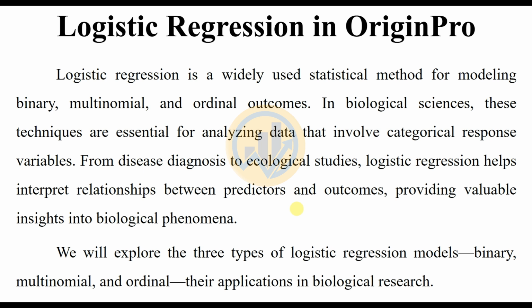From disease diagnostics to ecological studies, logistic regressions help interpret the relationship between the predictors and outcomes, providing valuable insights into the biological phenomena. We will explore the three types of logistic regression models: binary, multinomial and ordinal, and their application in